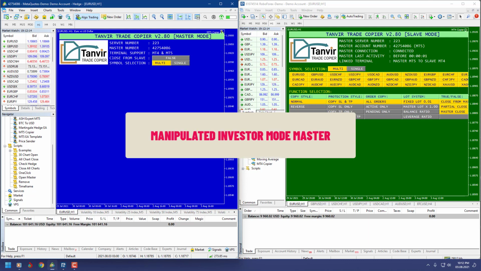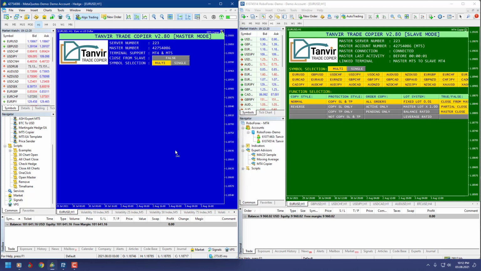Here, what I mean by the words manipulated investor mode account: if there is a confidential agreement between the account holder and the broker that if his account is logged in anywhere with the investor password, then that account will not show any running order in the terminal until that order is fully closed. Or a running order can be shown in the terminal after a long delay when that order is far from the open price.